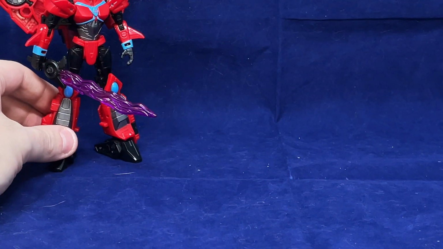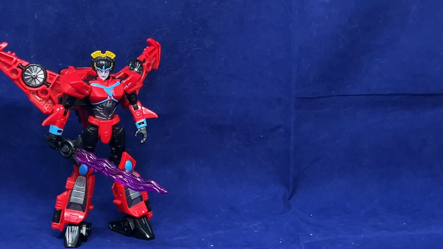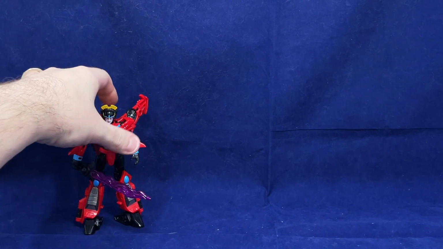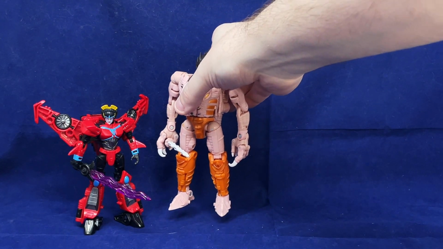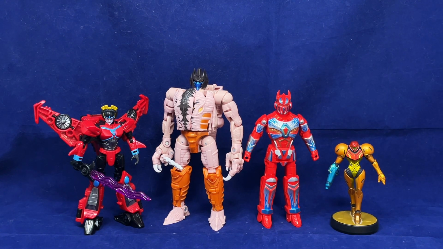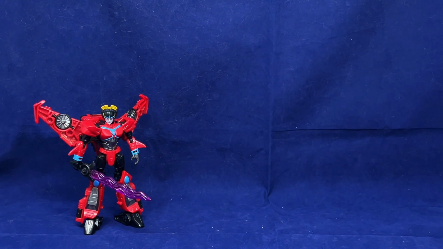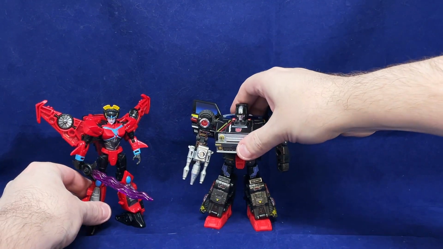There is the robot mode. Now we can move on to size comparisons. Let's get things moved out a little bit here, because there are a lot of size comparisons I want to do. So she has Dinobot, and our stand-in for tall deluxes over Prime and Samus. And then getting these out of the way, we've also got Burnout. So here she is